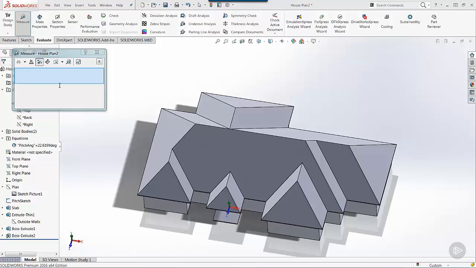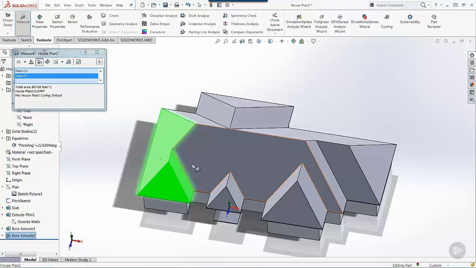Within the Measure tool, this is a persistent box, and what is meant by that is, as we're doing different activities, this box is going to stay up and wait for us to make selections. So what I want to do here is choose all the faces that were created by that roof extrusion with the taper, all these hipped faces. That's going to compute the square footage of those faces and calculate them together. It brings me a reading of almost